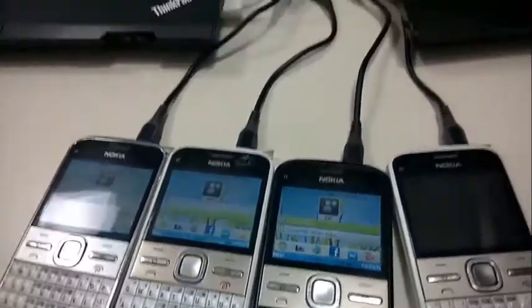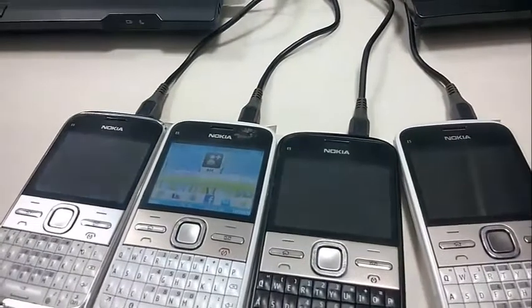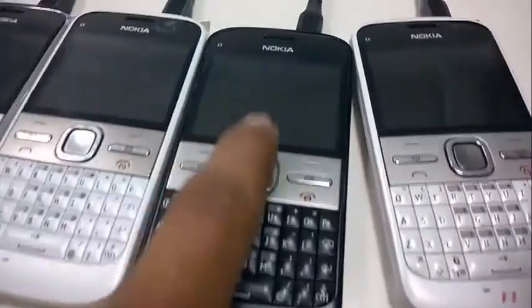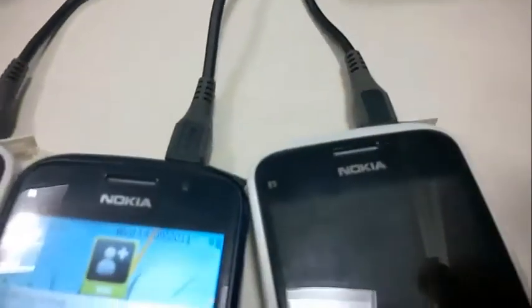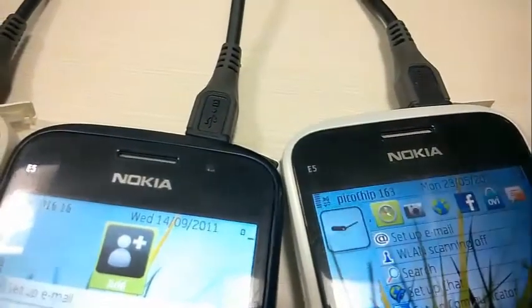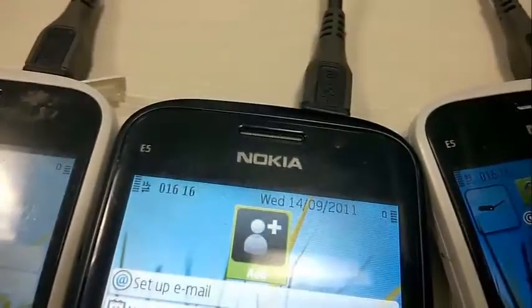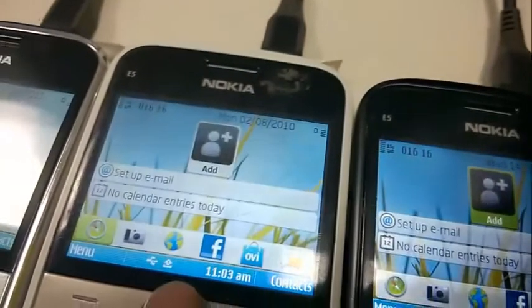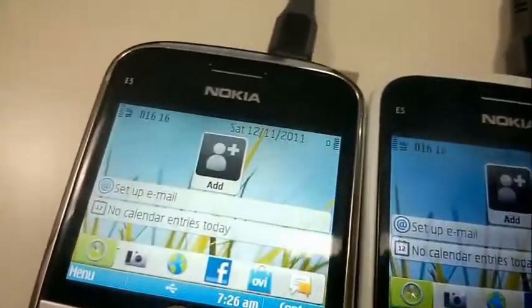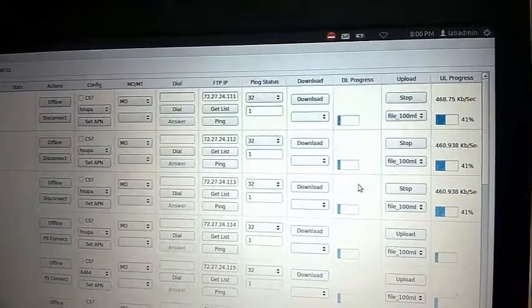These are the 4 mobiles which are connected to our network, and by using these we are going to trigger 4 UE HSUPA call. As we can see, the UEs are attached to the network 1616 and we have already triggered 3 UE HSUPA calls, and we can see the upload is in progress in the automation tool.